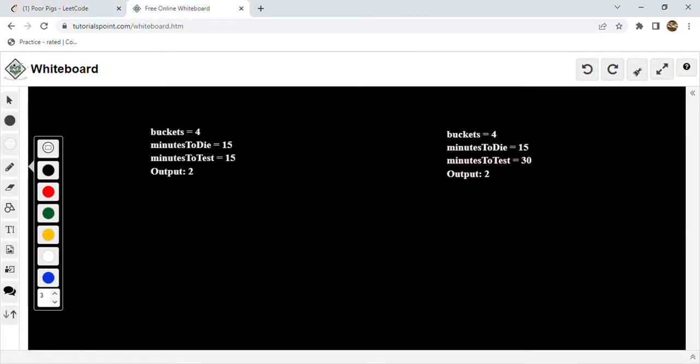So let's understand this from some examples. The first example is number of buckets is 4. Minutes to die, a pig will take 15 minutes to die, and we have 15 minutes to test. Okay, so let's say this is the first bucket and we start with P1. So we have 15 minutes to test and one pig will die in 15 minutes. Okay, so how many tests we can perform in those 15 minutes is 1. We can perform only one test,